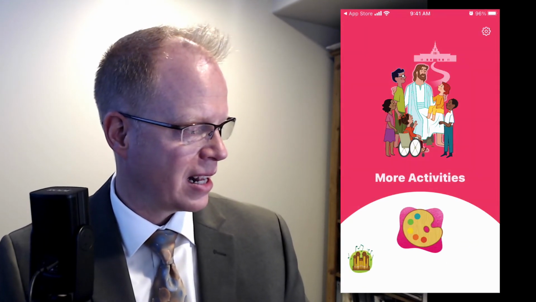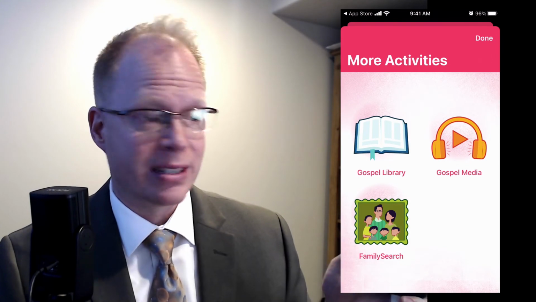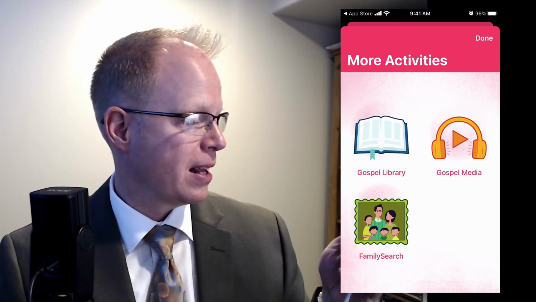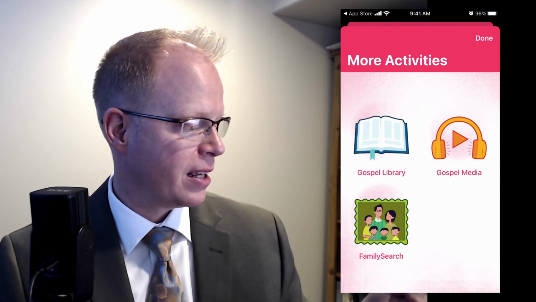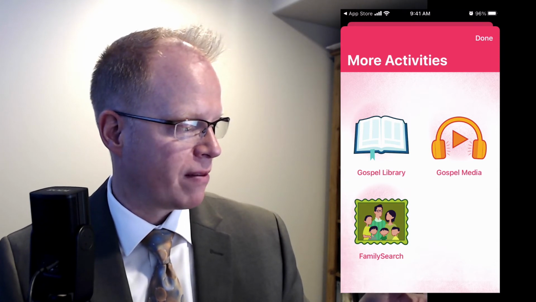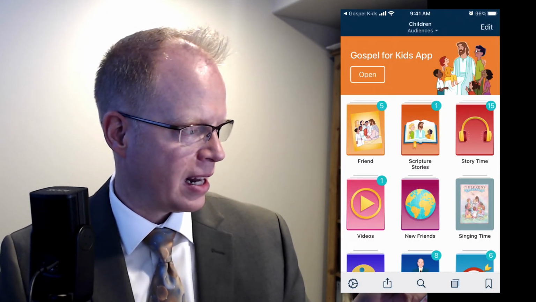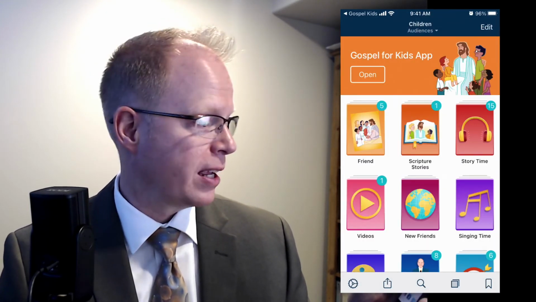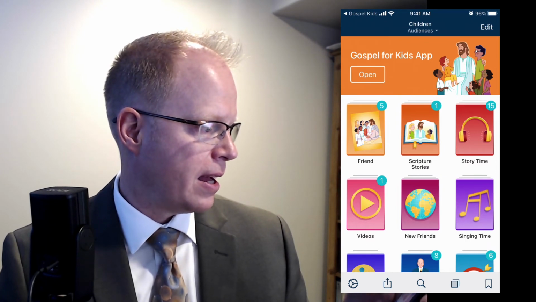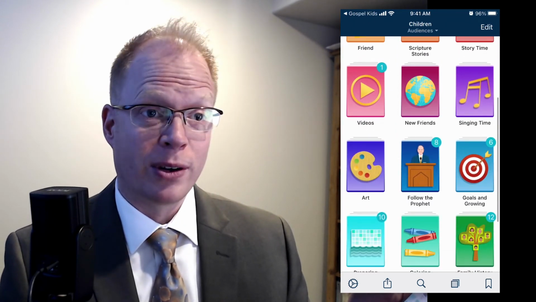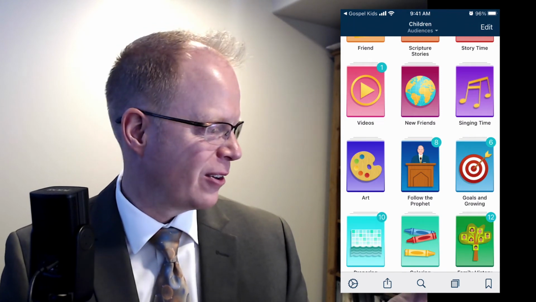The last thing, there are more activities, and this will bring up Gospel Library, Gospel Media, and Family Search. If you have the Gospel Library app installed, you can jump over to that, and it takes us to a special section for kids. I haven't explored in here too much, but I'm going to let you do that on your own.